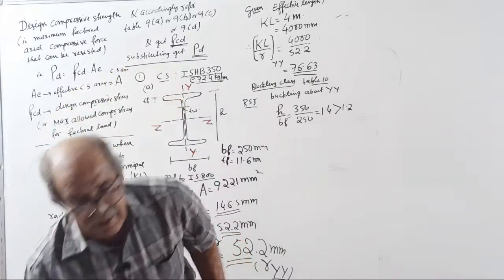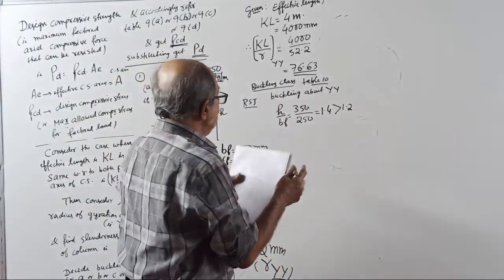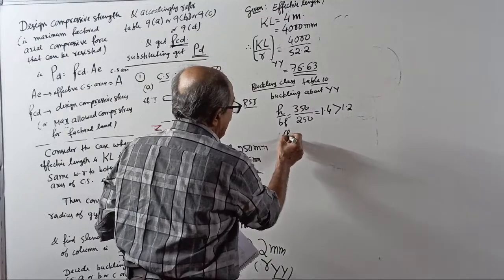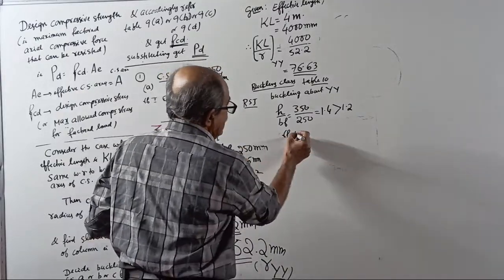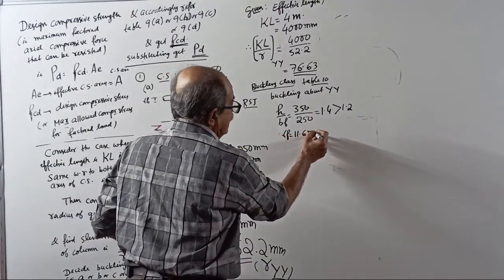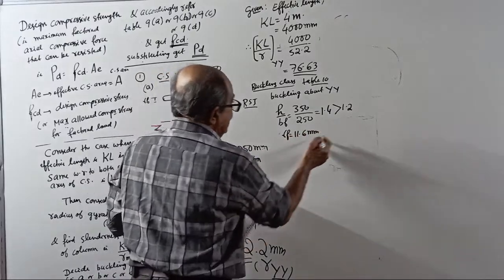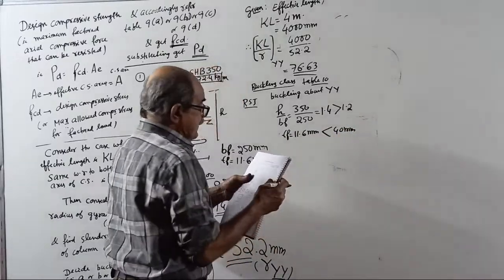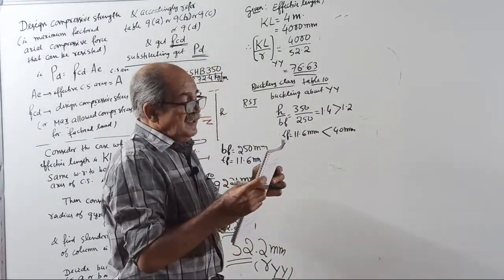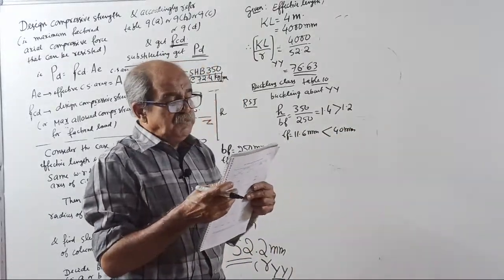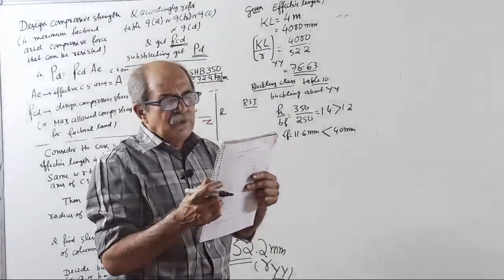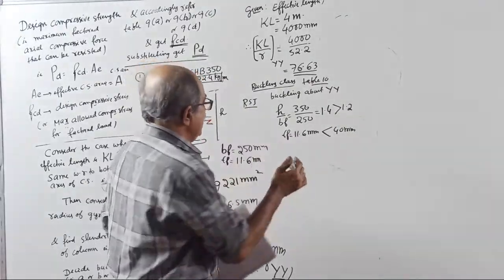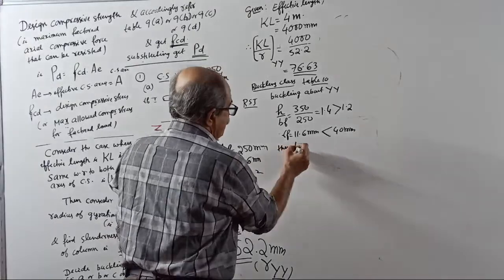Refer to the upper. Now if you see the upper side, you need one more thing: thickness of flange. How much is the answer? 11.6 millimeter. Compare with 40 mm. It is less than 40 mm. So on the upper side, H by BF is more than 1.2 and thickness of flange is less than 40 mm, then from the table